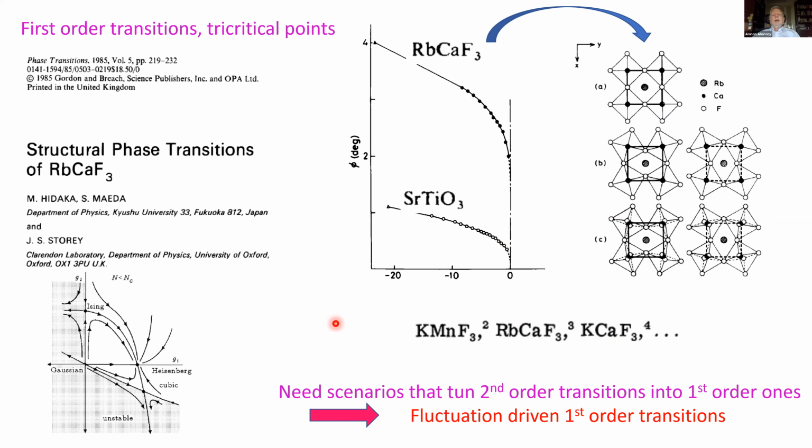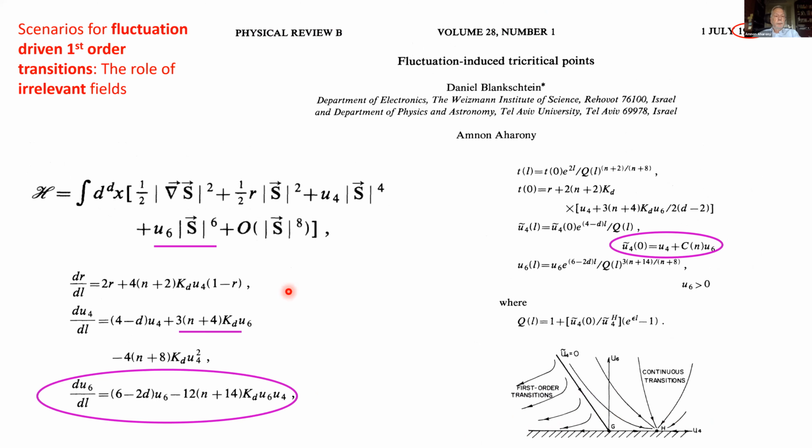However, if Landau theory did not say first order, then we need a fluctuation mechanism that turns the second order transition into a first order transition. And that is the last part of this talk, and I have 4 minutes for that, unless the chairman allows me more time. And I will now run very quickly through several scenarios which generate